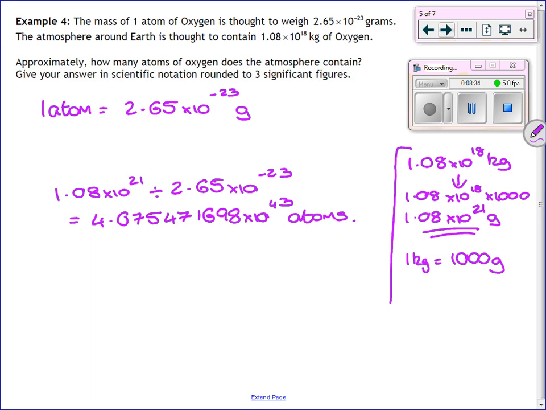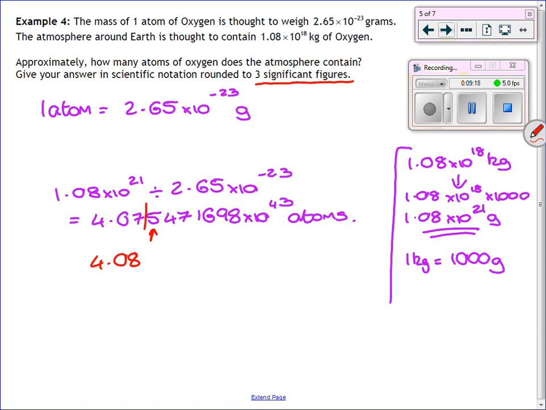Okay, so remember this question is asking us how many atoms approximately, but it then says at the end round it to a number of significant figures. So it wants it rounded to 3 significant figures. What I do here is I just treat this as a decimal, the way I would treat it when I was doing significant figures. I'm going to count in 3 places: 1, 2, 3. I'm going to make my cut after the 7. The 5 tells me to round up, so that means it's just going to be